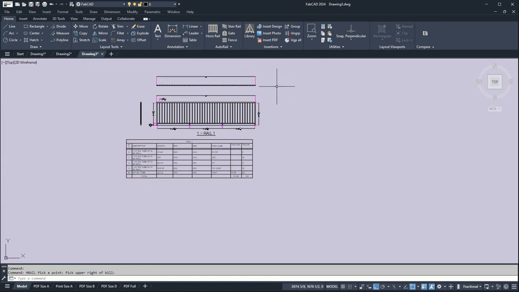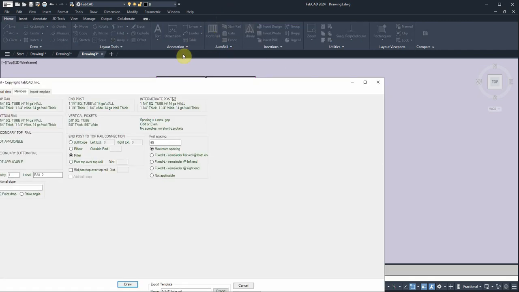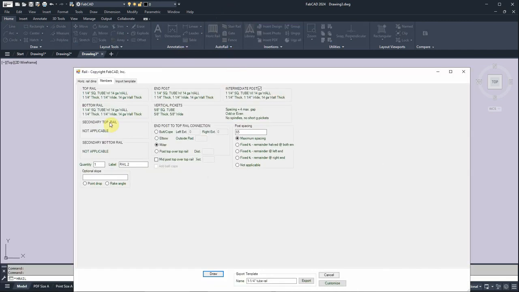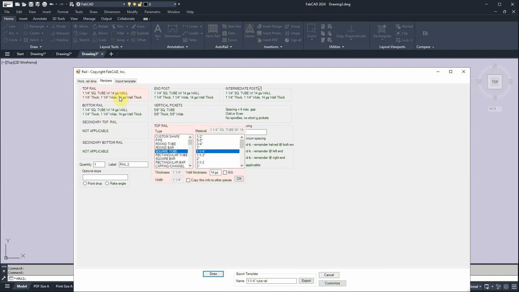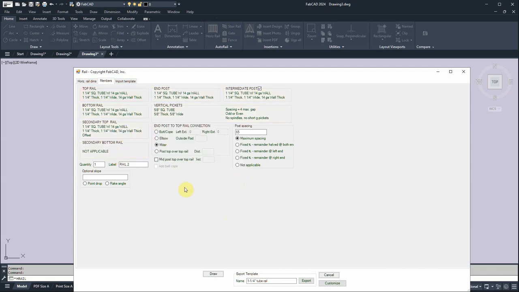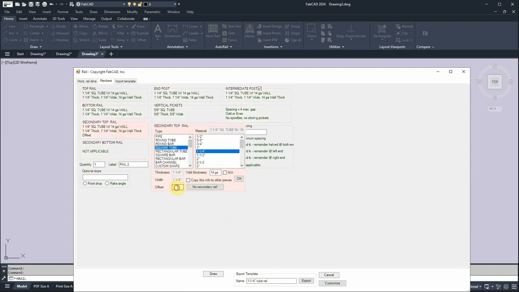All right, so let's make some changes with the existing template. So I'll click horizontal rail program again. I want to add a secondary top rail. So I'm going to take the existing top rail, I'm going to copy that information and click it in here. Click OK, and then I'm going to click on this, and I'm going to set the distance between, say, 5